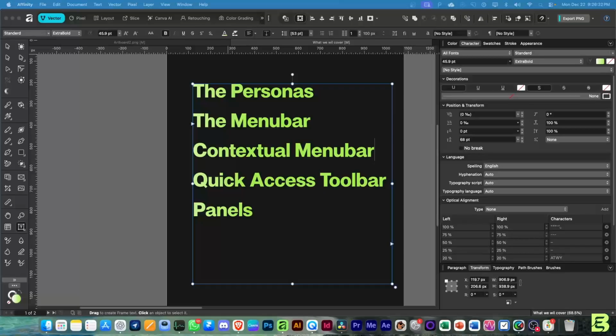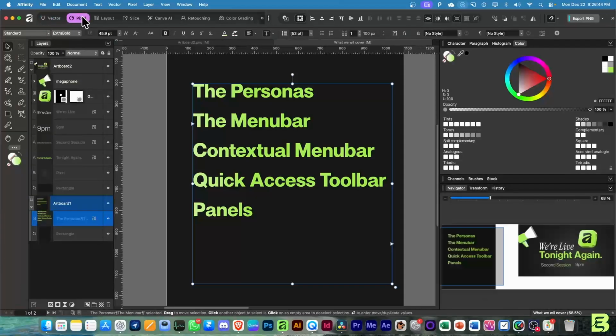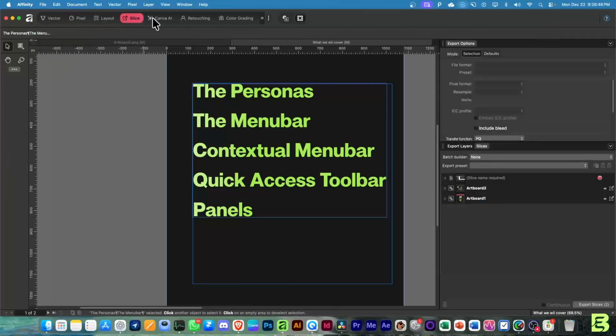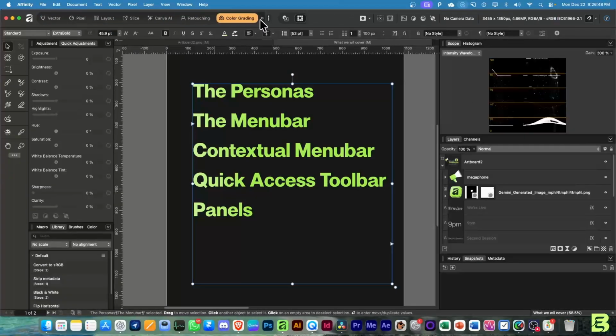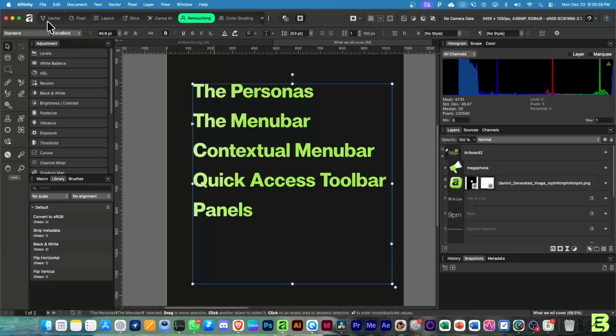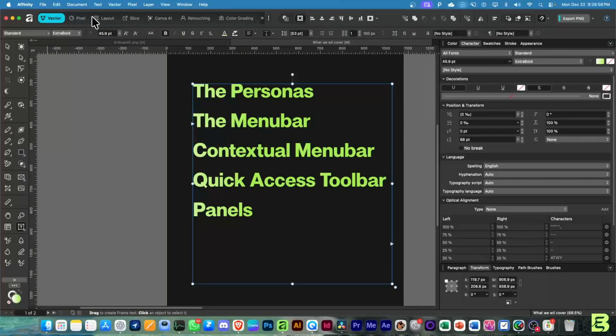Okay, so we continue. The personas, they are basically the toolbars up here: the vector and the pixel and the layouts, slice, Canva AI, toning, color grading, and if you were able to create your own studio, like I mentioned in the last stream, you create your own studio. So there are now personas, and each of them, the personas, they also